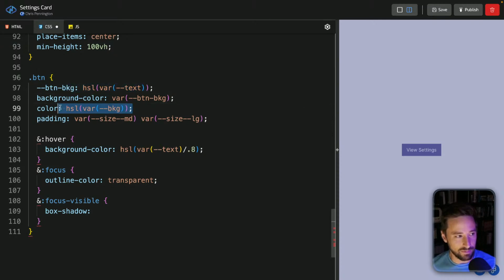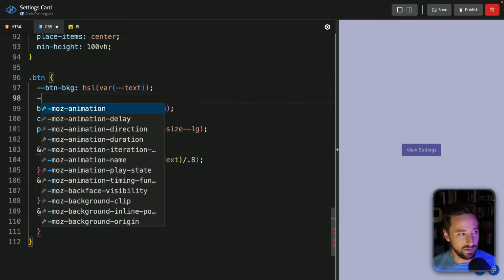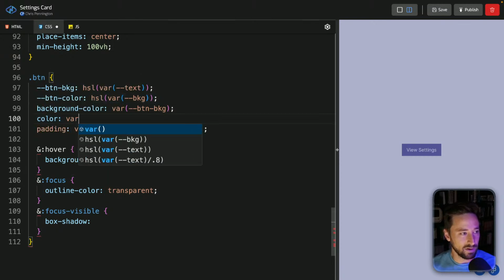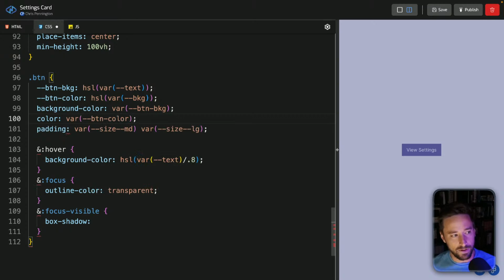We'll do the same thing up top. So I'm going to grab this, and we'll say button color, and I'll paste that in. And then down here, we'll just grab our variable button color. All right, so what we're doing here is setting up these locally scoped ones, and that way if